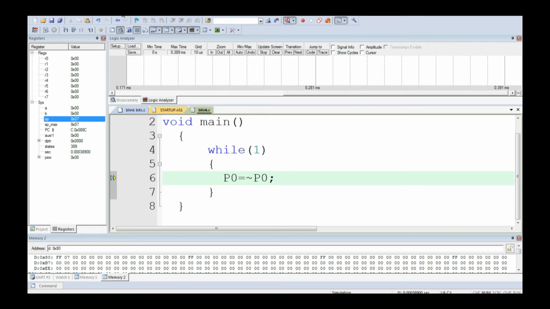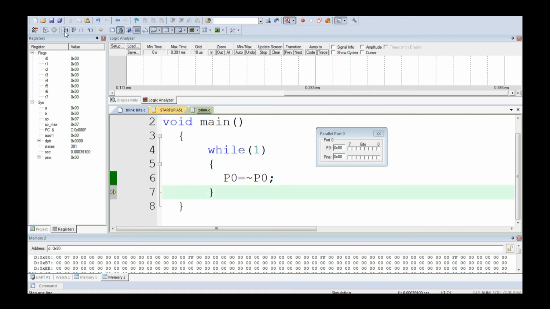If you observe carefully, there is a facility in the Keil integrated development environment to see the peripherals. So there is parallel port 0. The first row of the parallel port is called the latch, and the second row is the pins of port 0. The latch is a flip-flop, and these are all the pins. At reset, all the port pins are in logic 1 state, meaning all the port pins are acting as input pins, and the latches are also 1. Because it is already 1, when I execute this code, the port has to blink. Now I run this code, and this will become 0.